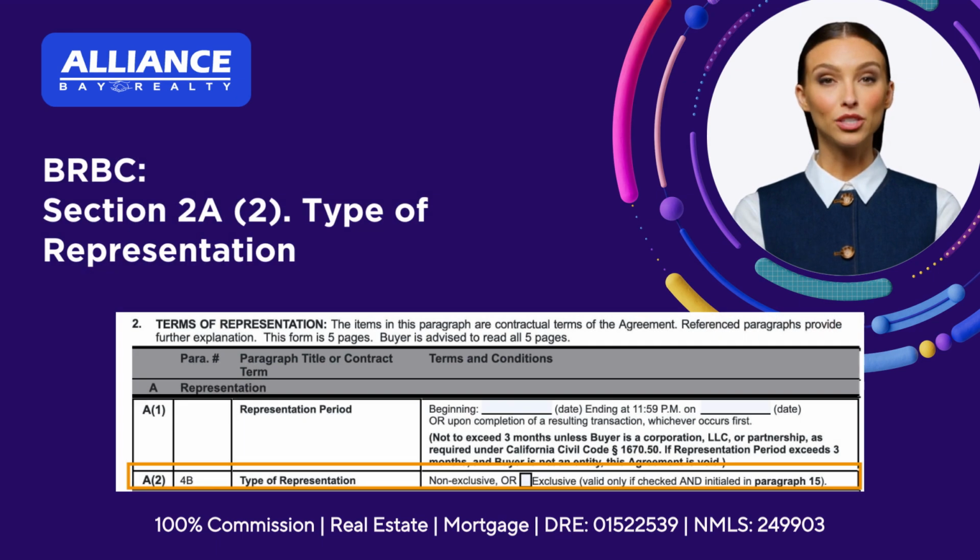Section 2A, type of representation. There are 2 options. 1. Non-exclusive. This is the default if you leave it as is. The buyer authorizes your brokerage to represent them, but they could technically sign with other brokers as well. 2. Exclusive, box to check. Buyer agrees to work only with this broker for the property types and locations described in the agreement. This option is valid only if the exclusive box here is checked and the parties initial paragraph 15 later in